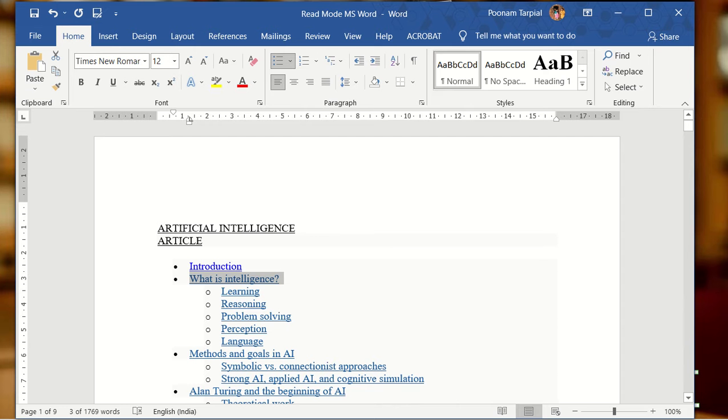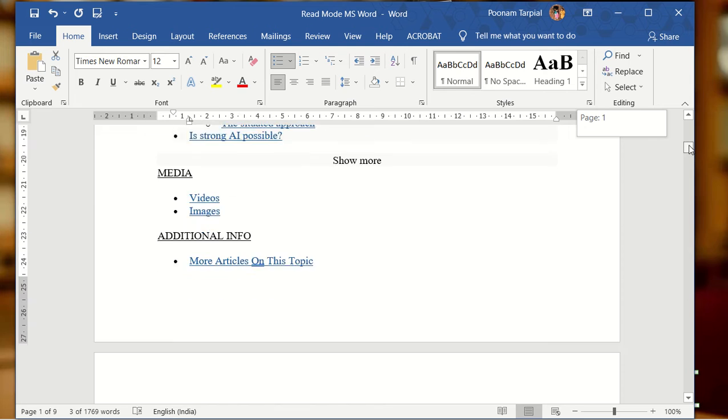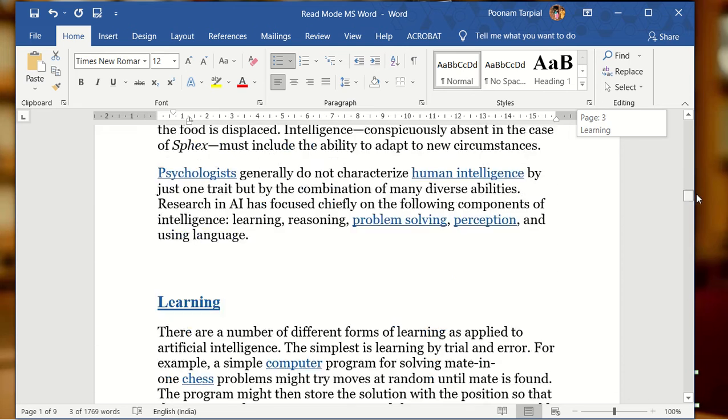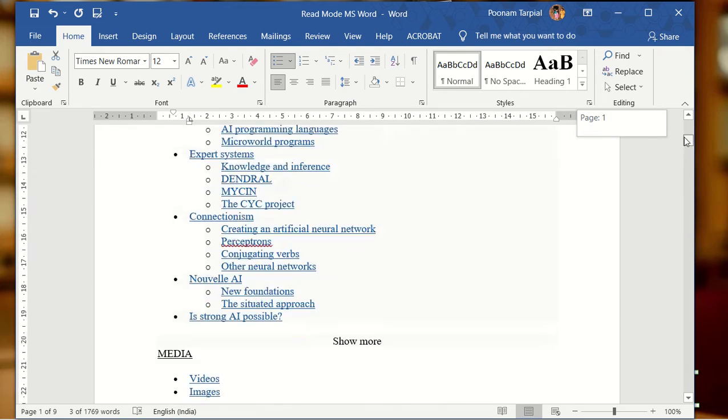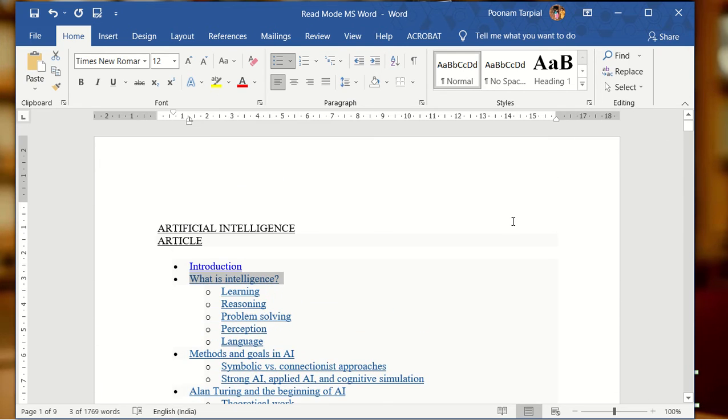Now first of all, this is a short template that I've just created for the demo purpose. This is an MS Word document and there is some reading content that you have uploaded on this document. So in order to make this reading content a good one, what exactly you have to do is, basically what happens is when the content is loaded in MS Word, you have to scroll it down like this. So rather than scrolling it down like this, in order to make this particular reading experience a distraction free one,